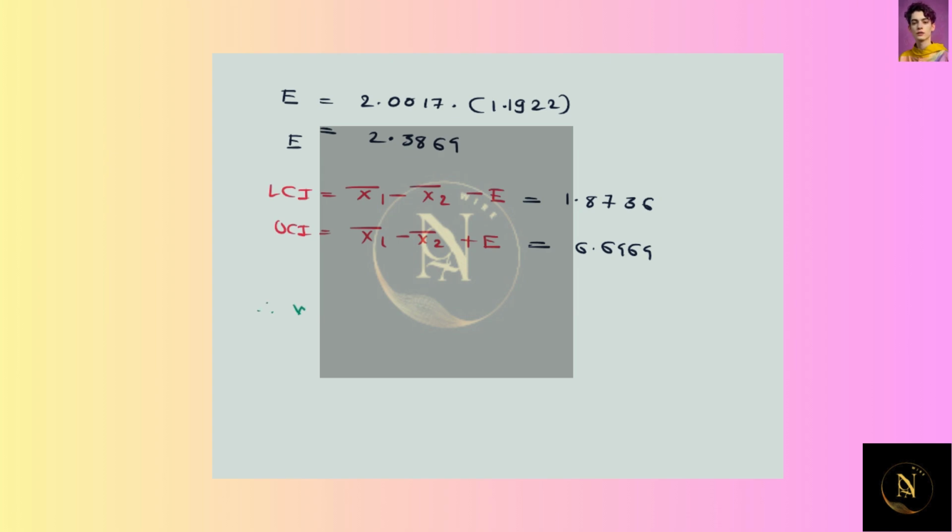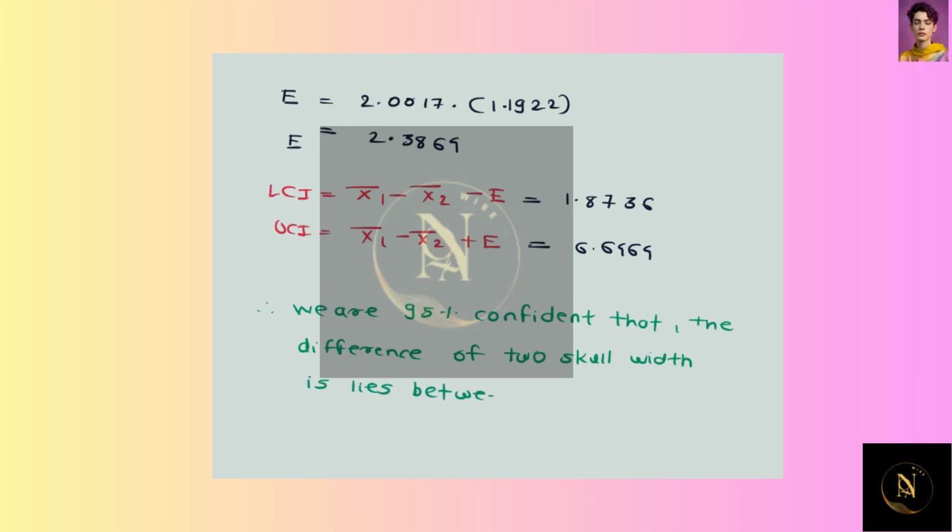Therefore we can say that we are 95% confident that the difference of the two skull widths lies between 1.8736 to 6.6464